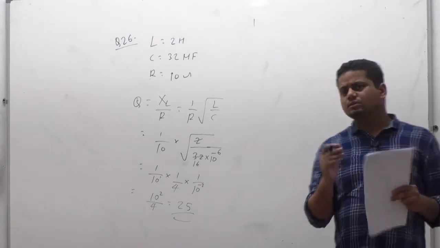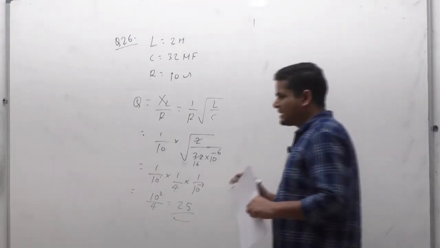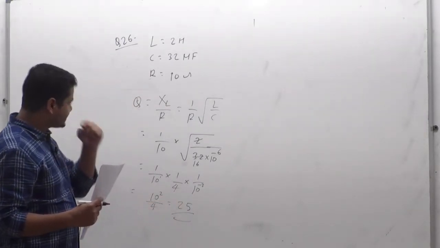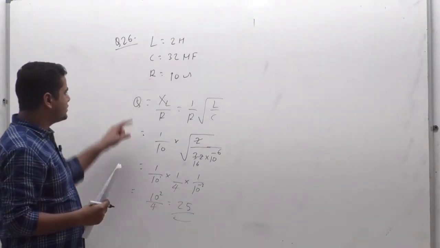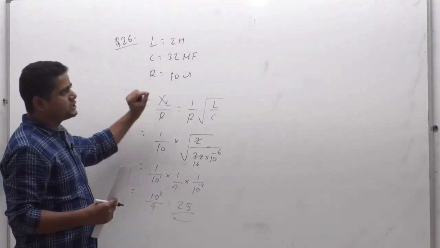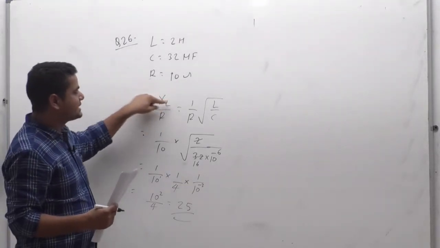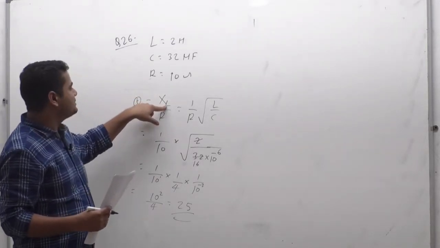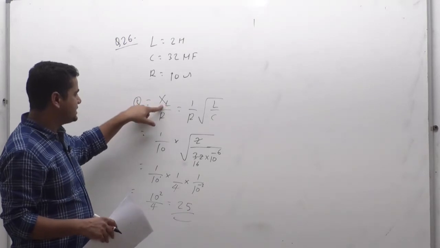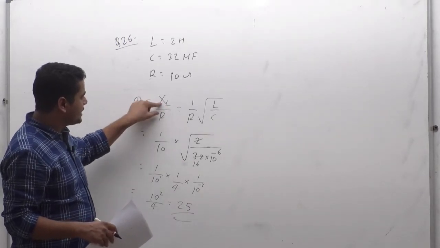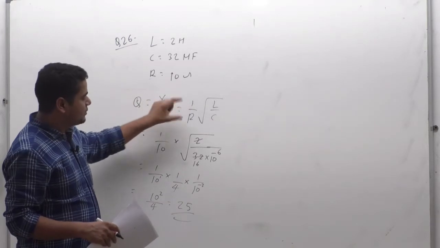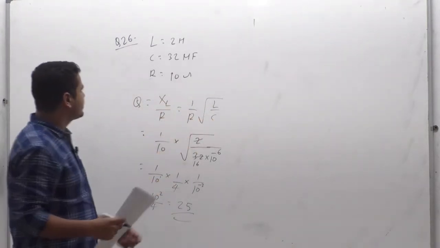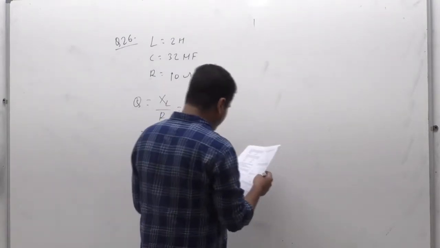So basically you can remember the quality factor is simply the factor by which we can check the resonating condition in a series RLC circuit, the sharpness of the circuit basically, and it is equal to XL upon R, or at resonating condition XL equal to XC. XL means the reactance across the inductor, XC means the reactance across the capacitor, and this is the resistor. Now XL equal to omega L, and whenever we put it in, we get it simplified as 1 upon R under root of L by C, and just put the values accordingly, we will be able to solve it. So that is question number 26.